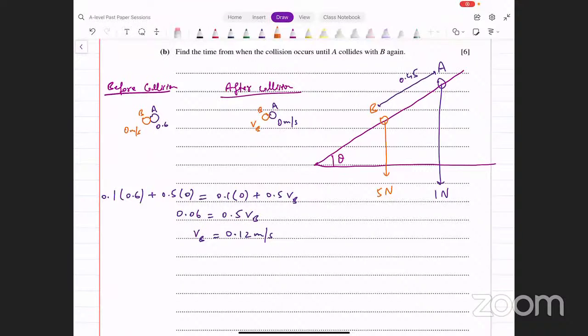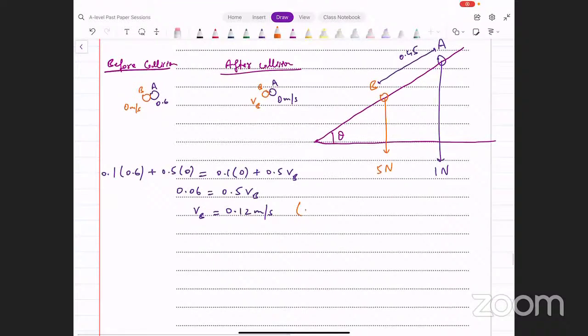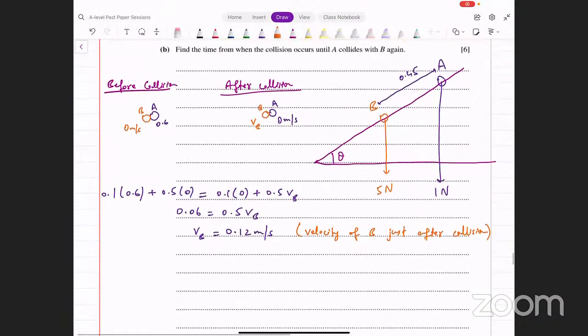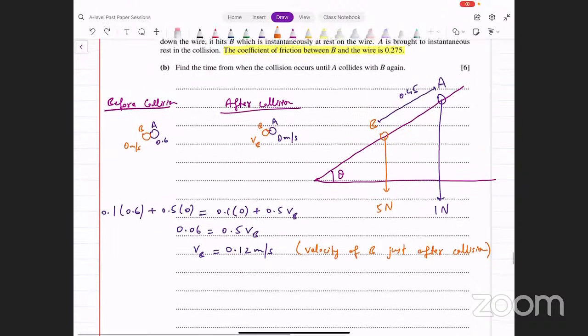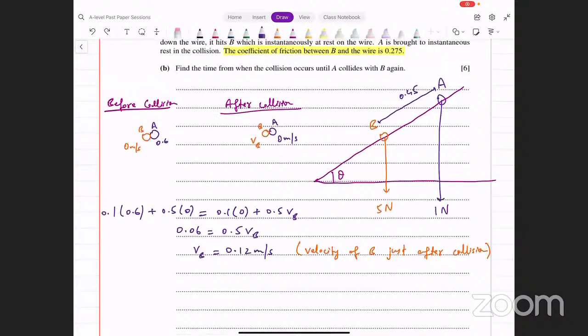This is the velocity of B just after collision। कोलाइड करने के फौरन बाद B की velocity है, ठीक है? A की velocity क्या है कोलाइड करने के फौरन बाद? That is 0 meters per second। All right, अच्छा, अब उसने क्या कहा है, find the time taken from when the